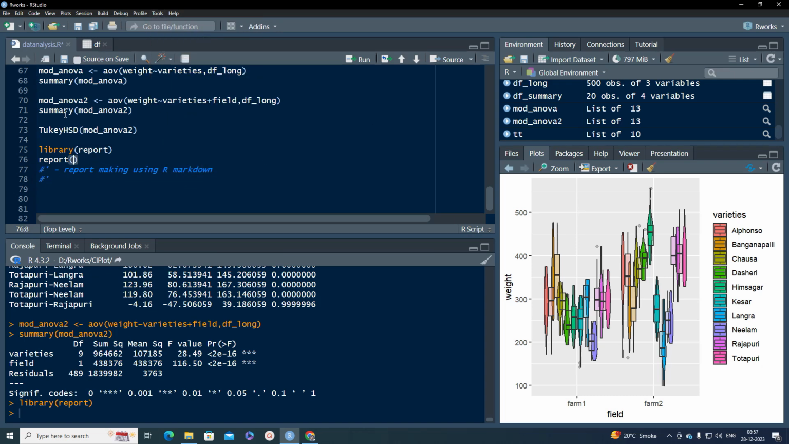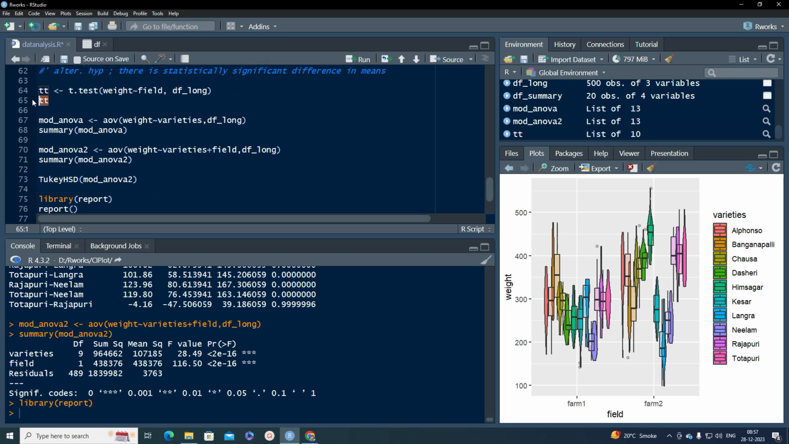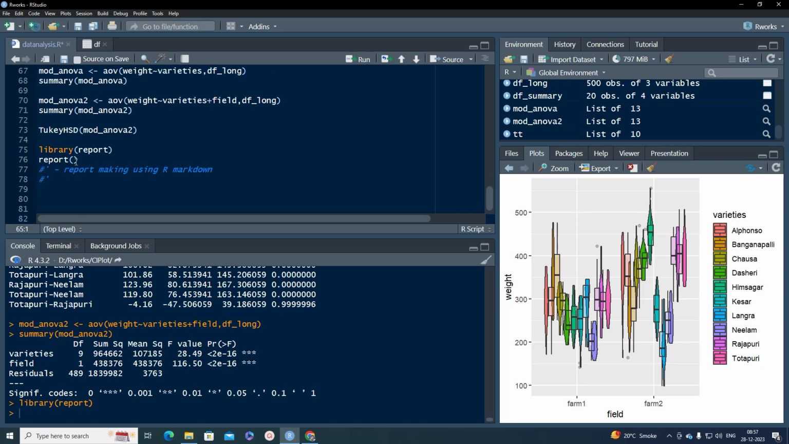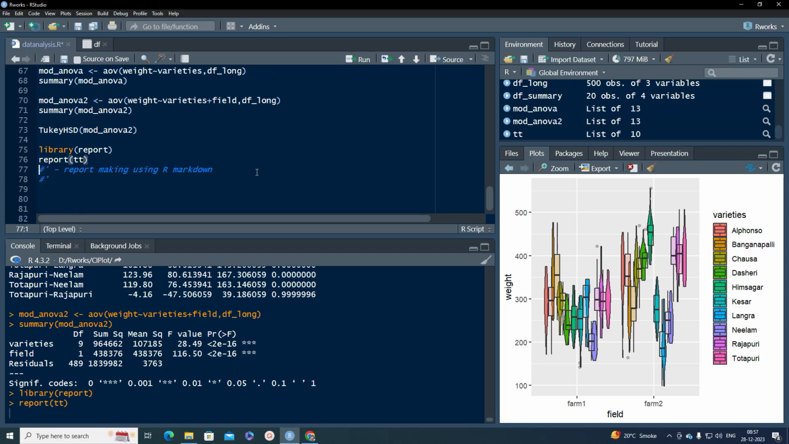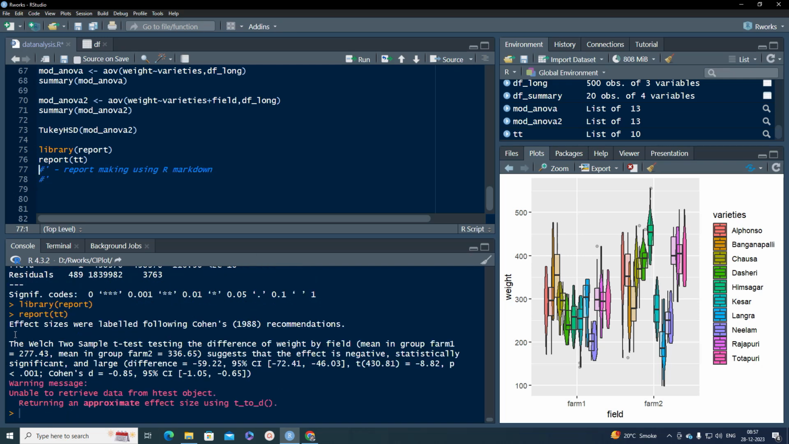Report is the function, and in that I will first give it the t-test results, and we'll run that. You'll see a text output here, and I will not read all that. The Welch two-sample t-test is implemented to study the effect on weight of the difference in the fields, that the effect is negative, statistically significant and large, and that is all